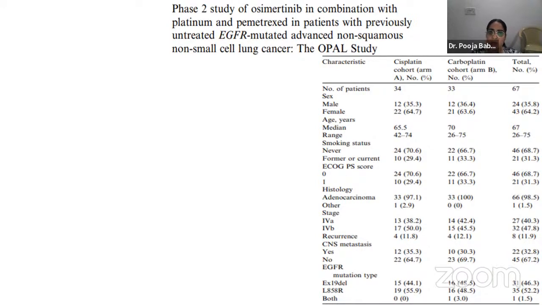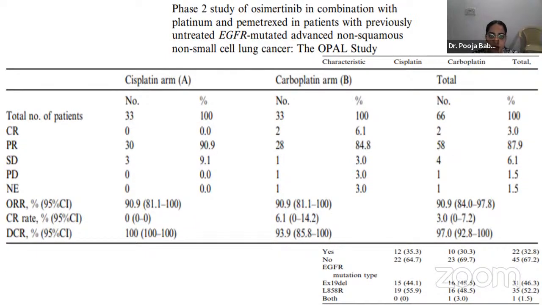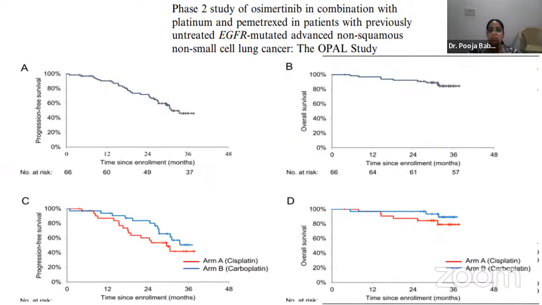This was a trial of osimertinib in combination with platinum plus pemetrexed in untreated EGFR mutated advanced non-small cell lung cancer. Again, this showed a consistent benefit with an increased overall response rate and progression-free survival. On the basis of this phase 2 OPAL study and the encouraging results in terms of overall survival, overall response rate and progression-free survival, as we can see in these graphs, the next trial which was done was the FLAURA2 trial,